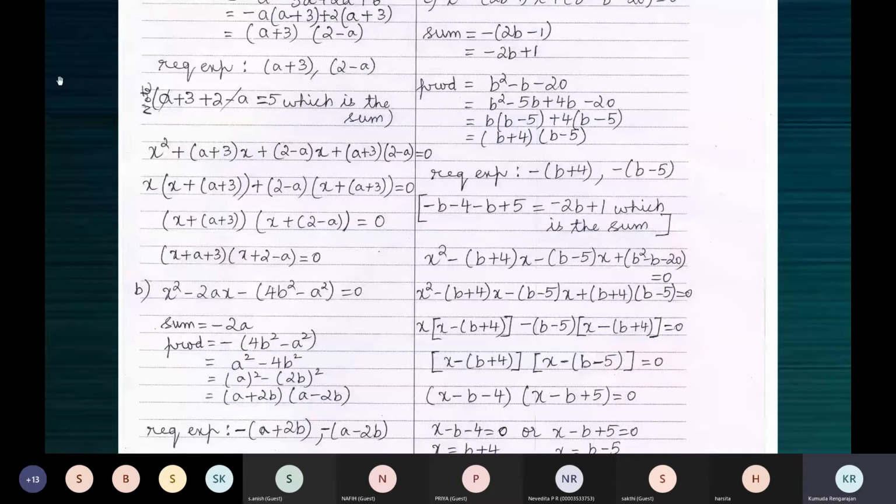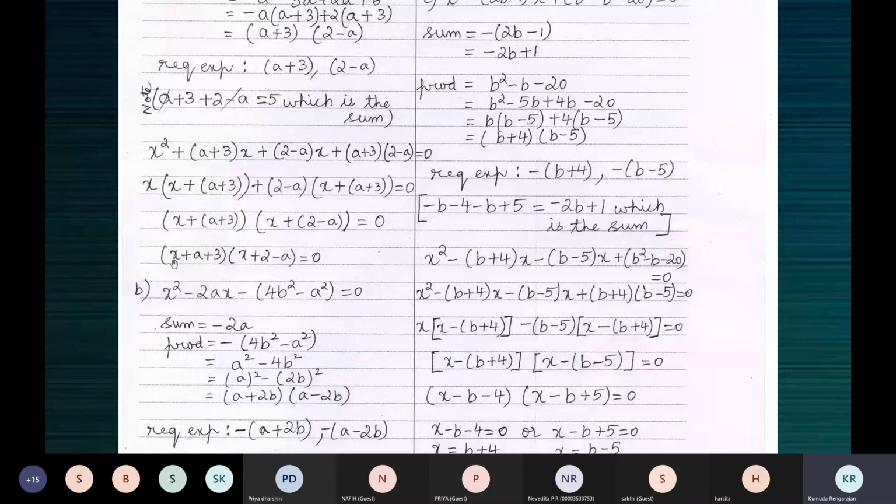All right, children, complete it for me. I've missed out that step. What is the next step, children? We haven't solved for x. So what are the values of x? X is equal to minus a minus 3, ma'am. And then here x is equal to minus 2. A minus 2. X is equal to a minus 2. I forgot to write that step.